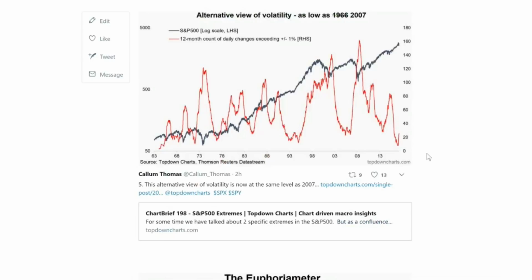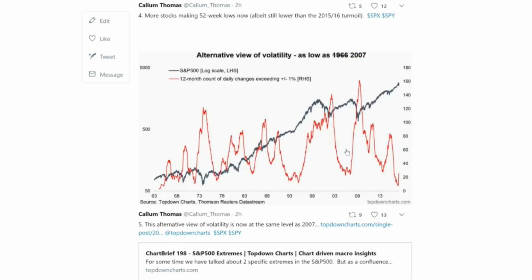Moving on, this one here is one of my favorites. It is a 12-month rolling, or annual rolling, count of daily percent changes in the S&P 500 which exceeded 1%, plus or minus. You can see it's turned up from a 50-year low to now the same levels as 2007, and it's interesting to pause and think about how this particular indicator behaves. Most of the time when it turns up from an extreme low, that's actually the start of a major topping process. So if you look at 2007,